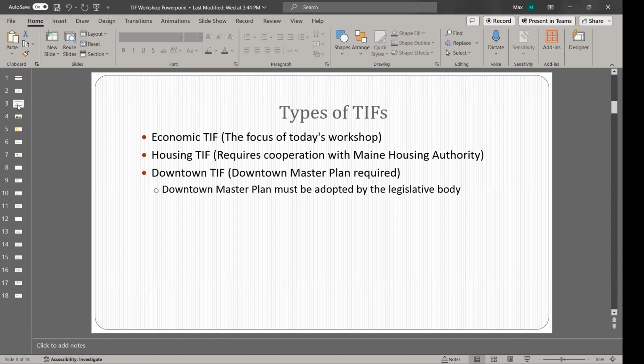All right, well, the only reason I say that is because in Wiscasset, we don't have a downtown master plan, but we actually have a Bath Road master plan, and that's on that strip there, that commercial drag. Okay, it could be conceived as a downtown plan. All right, well, I'll send you those items, and if that plan does follow what the state's looking for in the downtown master plan to qualify for a downtown TIF, then I certainly don't mind talking with you a little bit more about it later. Thank you.